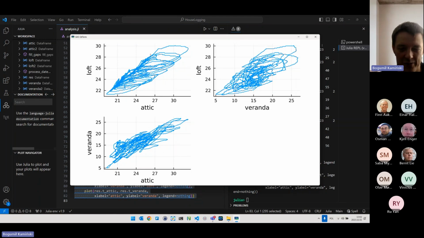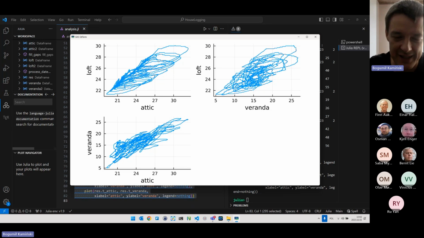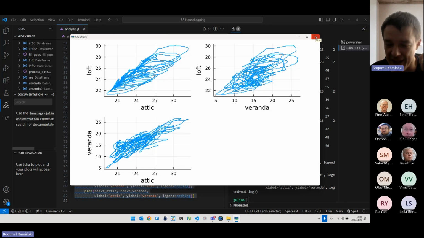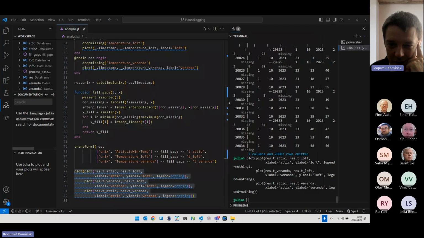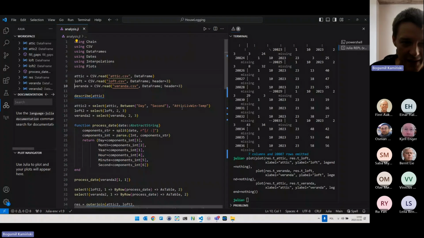And of course, I could do some more complex analysis of how they are related, but at least now I have a working information that I can move forward with for some more advanced analysis. So to sum up, what we have shown is that we had 3 files that have a bit different data